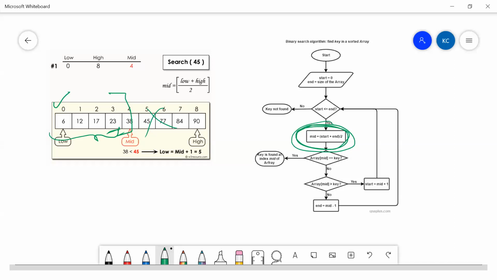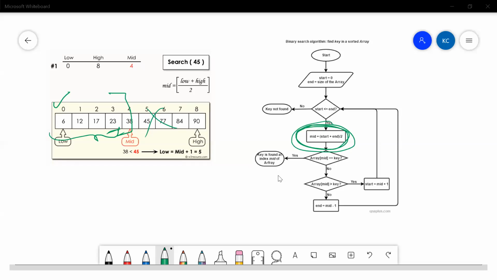Here, what I wanted to actually say is, for every iteration that we do, we are trying to reduce our search space by half. So in this way, the number of comparisons that we are trying to do to search for an element is significantly less. Because, for example, in this simple example itself, we are reducing 1, 2, 3, 4, four elements in a single iteration. In the next we are reducing more, which means it is a lot better in comparison to the previous one, which is order of n. We'll try to discuss the complexity of this one even further.